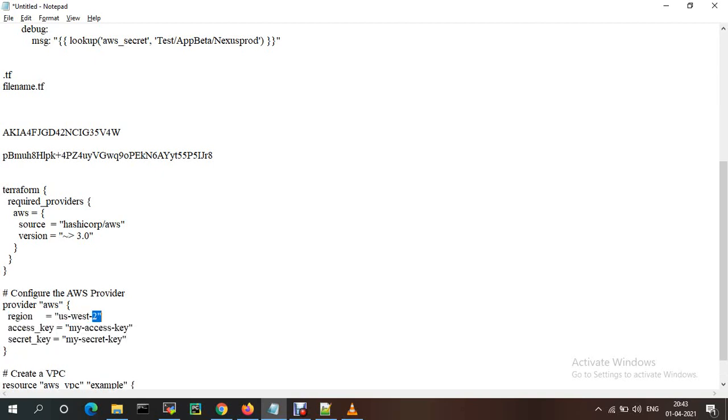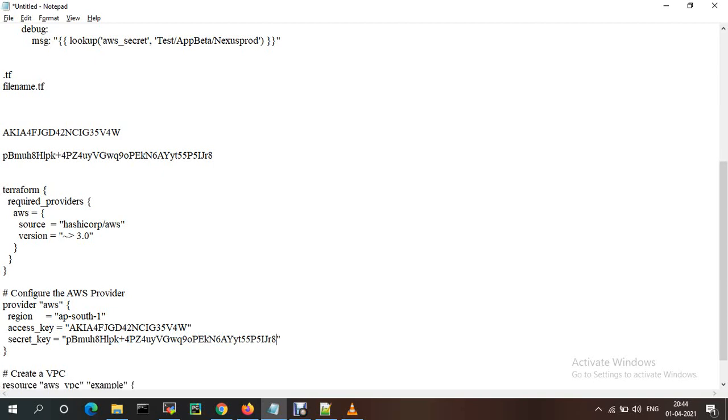My region is AP South 1, and this is my secret key, and that is the access key.